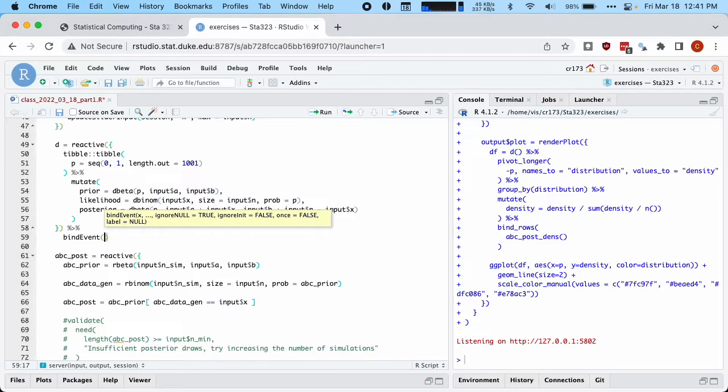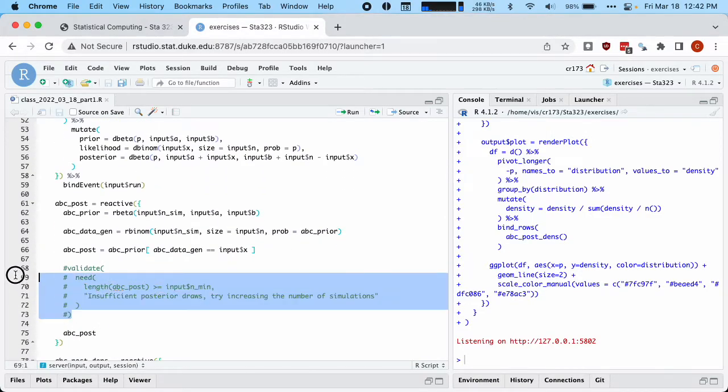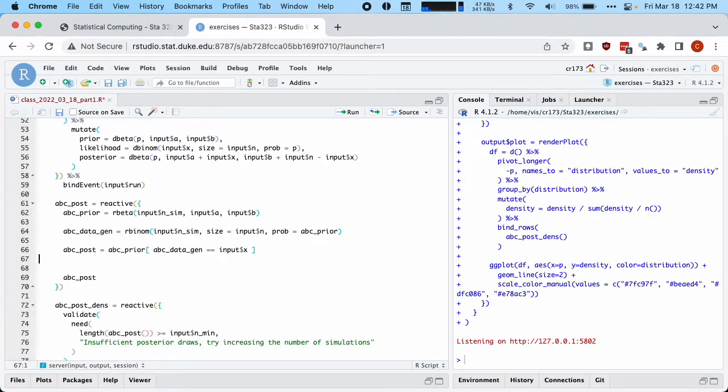So I take an existing reactive or observer, and then I can attach a reaction to it so it only depends on a particular thing. So in this case, I'm going to do this for D. I'm going to do bind event, input $run. And so really, action buttons, their entire existence is to be a reactive that other things depend on in some way that will then cause actions to happen. Bind event there, and we will similarly do it for